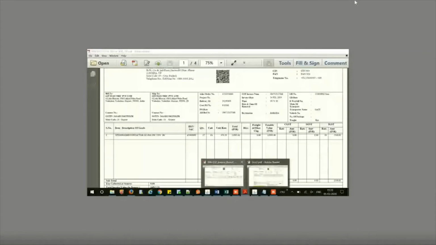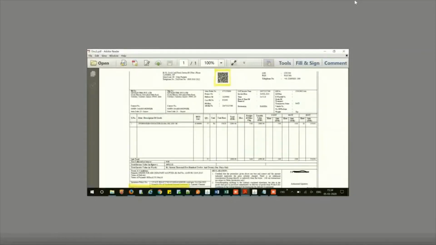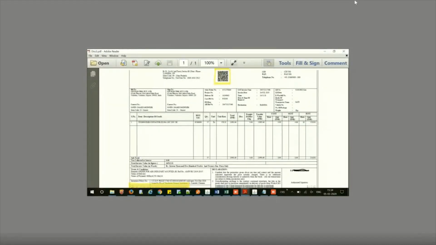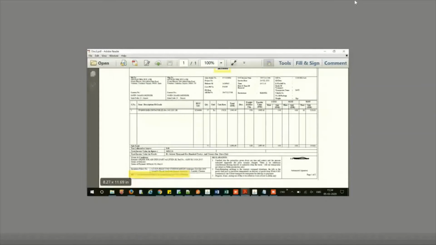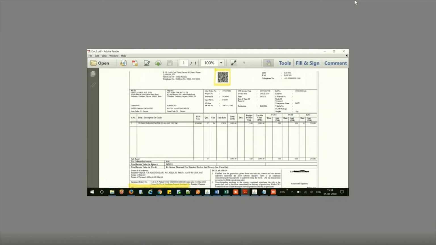Right. So we are showing you the backend part of it, wherein the IRN and the QR code are generated in the background just for verification purposes. But now we will be showing you that the QR code, which is your encrypted QR code, is printed on the invoice when you do the print command from Oracle, and the IRN can also be reflected on the invoice, although it is not mandatory. So this enables compliance directly from the ERP. No need to leave the Oracle environment to do compliance.